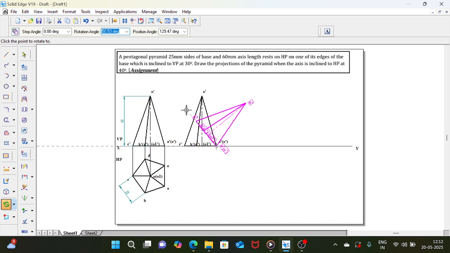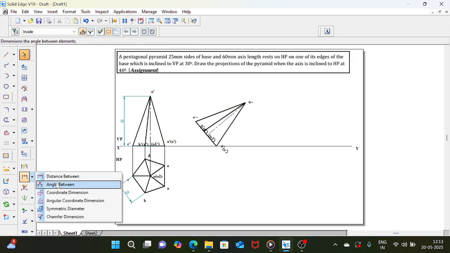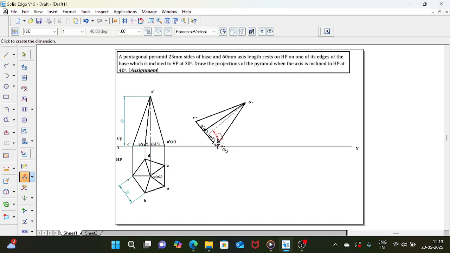If the given axis inclination is 40, the base inclination is 90 minus 40, that is 50. Type 50, press enter, and give the inclination above the x value. You see here, if you rotate the base through 50 degrees, the axis will automatically orient to 40, because the sum of the angle between base and axis is 90. First cross verify this axis inclination, make sure it is 40, then go for